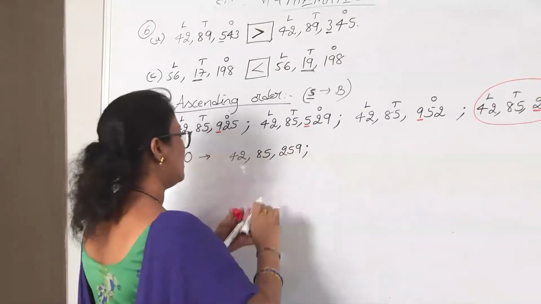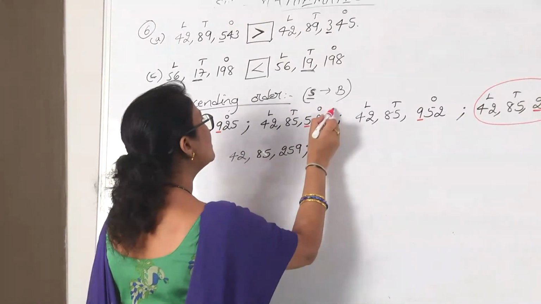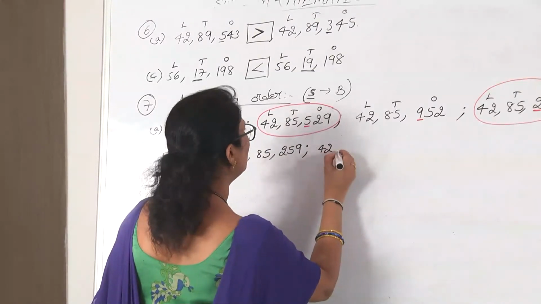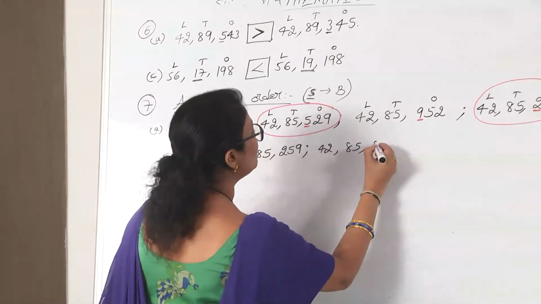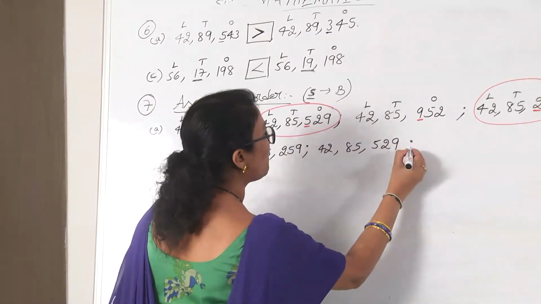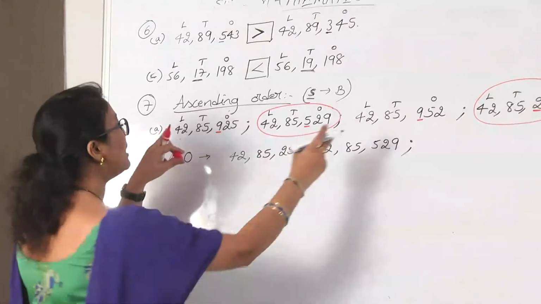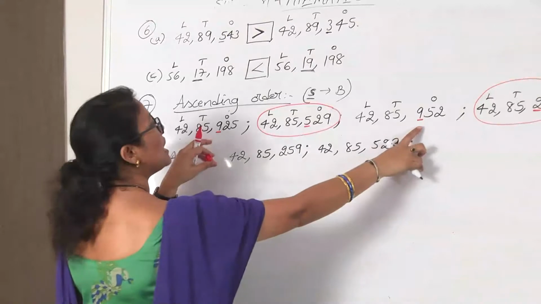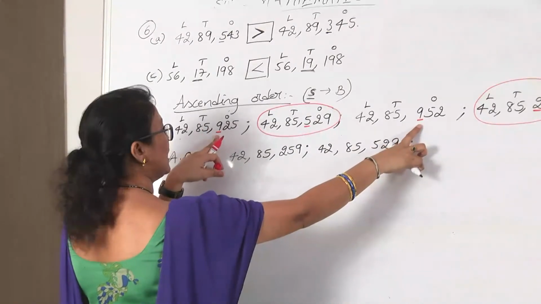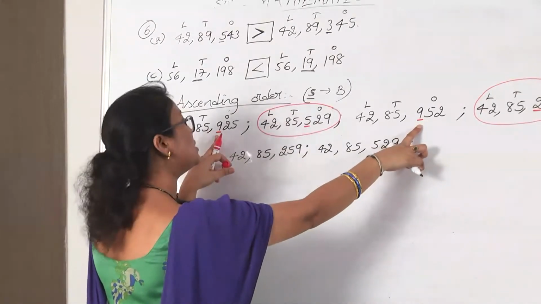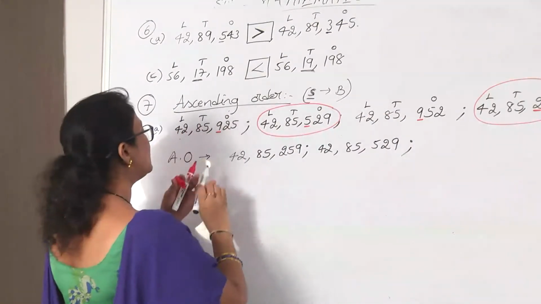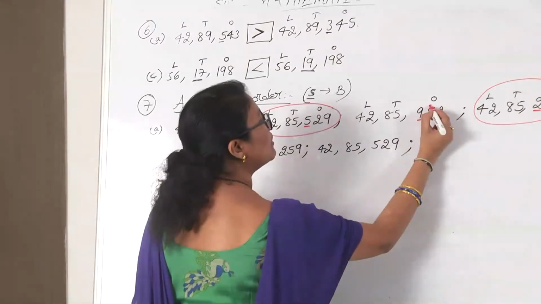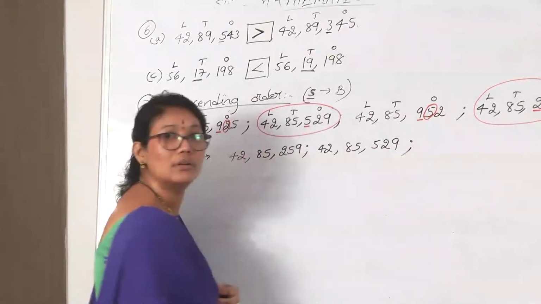the smallest one. So our second number is 42 lakh 85,529. The next, from the remaining two numbers, we are going to find out what is the smallest one now. From these two numbers, under hundreds place, it is 9. So hundreds place digit is 9, which is same. So we move to tens place. What is the tens place digit here? It is 2 and here it is 5. Right, children? Got it, everyone?